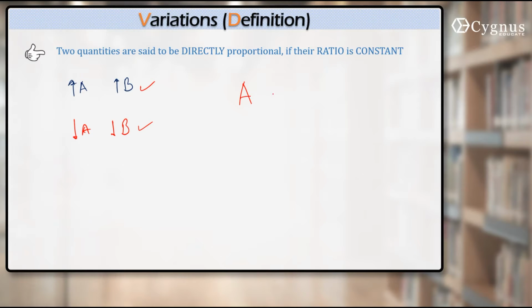We'll say that A is directly proportional to B. This is called the proportionality sign. And when we remove this proportionality sign, we introduce a constant K. So what do we get here? A by B is equal to K. So whatever may be the value of A, whatever may be the value of B, the ratio will always be